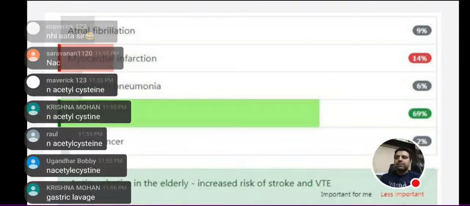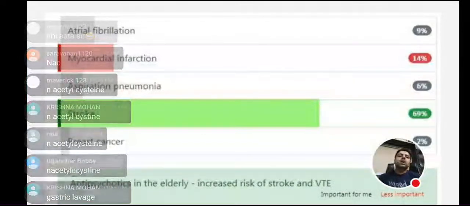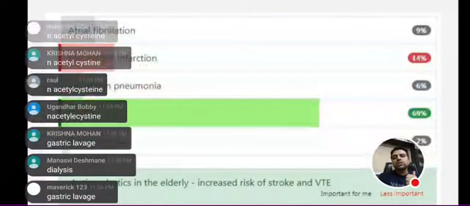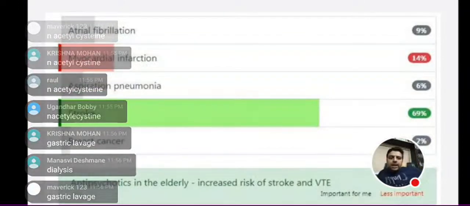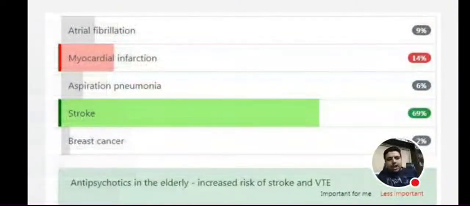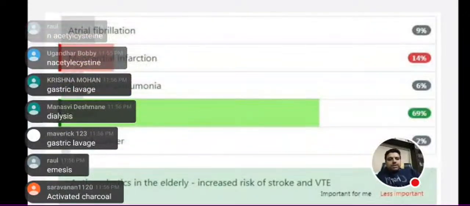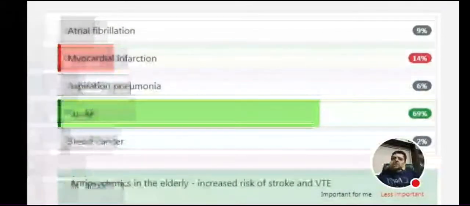No gastric lavage, give him activated charcoal. No dialysis, no gastric lavage, activated charcoal. If less than 1 hour, give activated charcoal. Activated charcoal is the best answer if paracetamol intake was less than 1 hour back. Next,